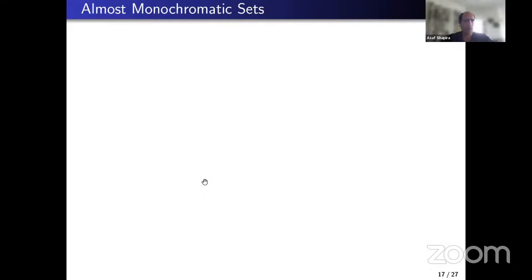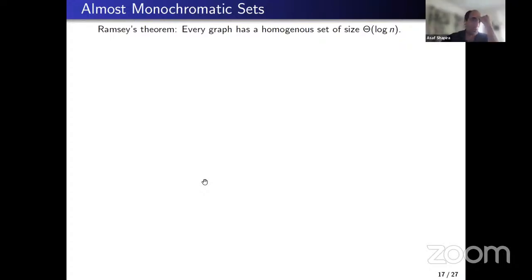result related to hypergraph regularity lemma is related to a variant of Ramsey's theorem. So Ramsey's theorem is, of course, a huge area within extremal combinatorics. And the most famous result is Ramsey's theorem that says that every graph has a homogeneous set of size logarithmic in n, where a set of vertices is homogeneous if it's either complete or empty. Now, the upper bound, meaning the fact that there are graphs where the size of the largest homogeneous set is of size log n, is of course achieved by random graphs, as was shown by Erdős in the 40s.